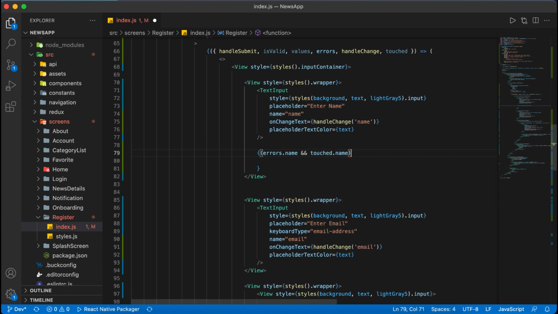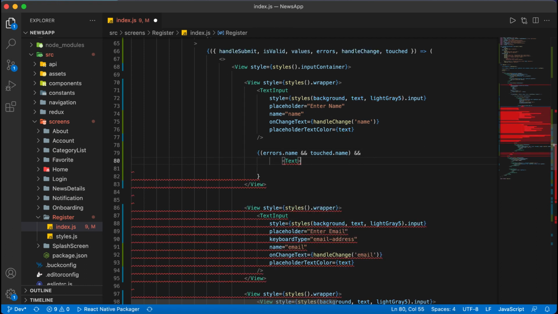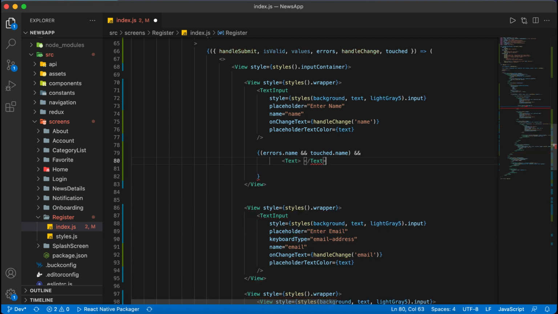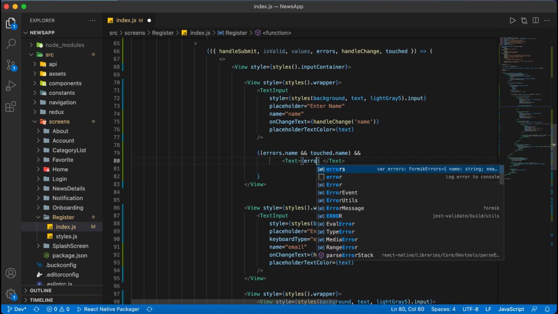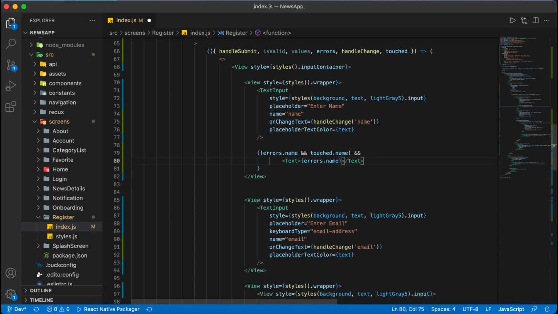If name is touched, then we'll display the error, like what we did in the login video, inside the text. We will display the error from errors dot name, and we will change the style here.